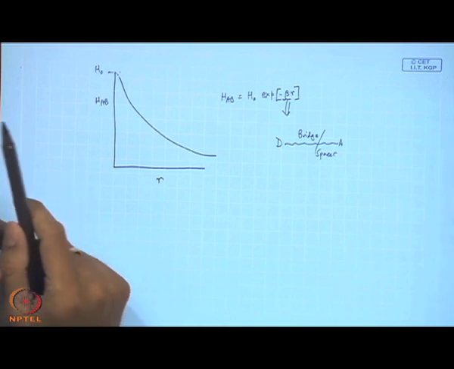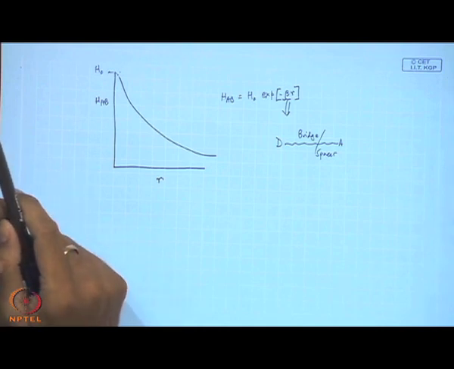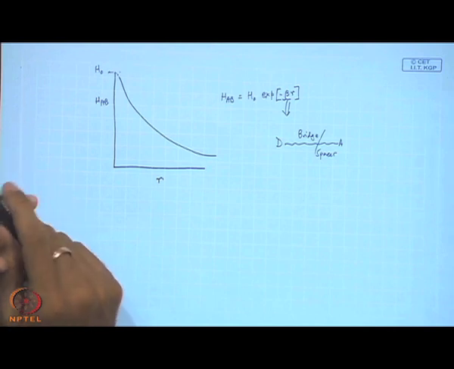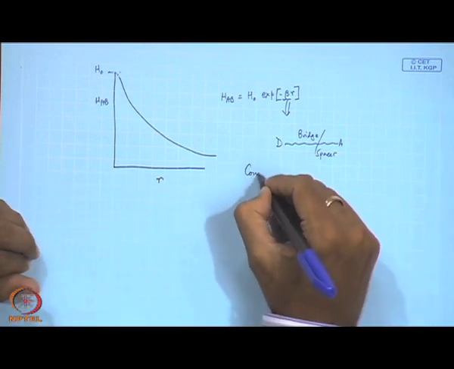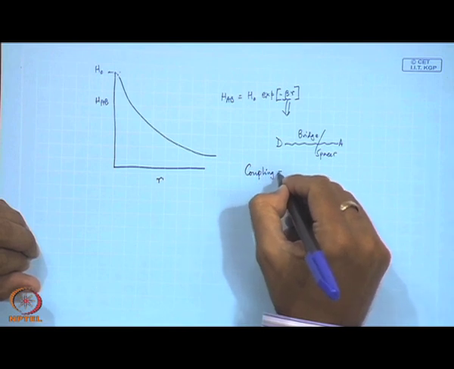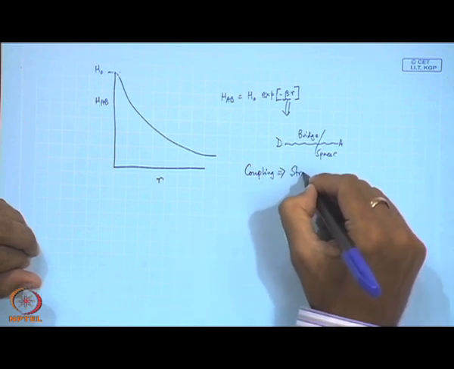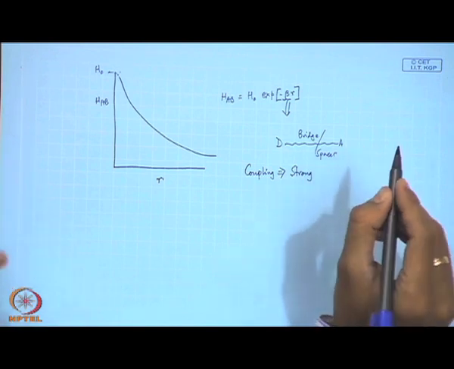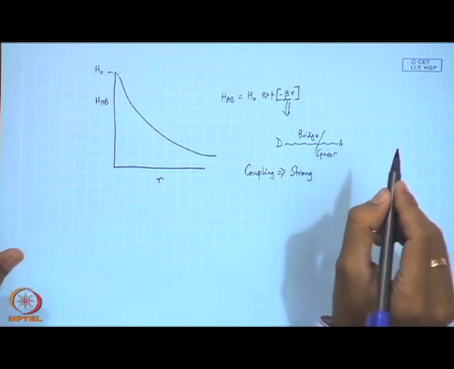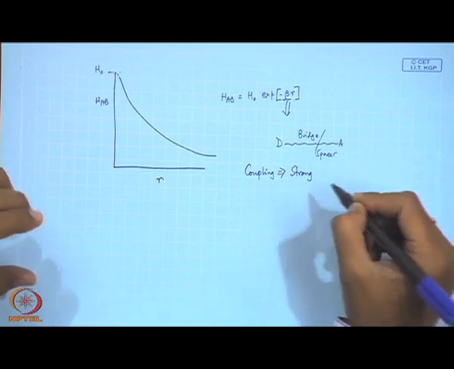If beta is 0.1 or 0.2 angstrom inverse, the electronic coupling is very strong and the electron can travel over very large distances, like aromatic or conjugated bridges between D and A. Okay. So, when coupling is strong, like in the case of aromatic or conjugated bridges between D and A, the electron can